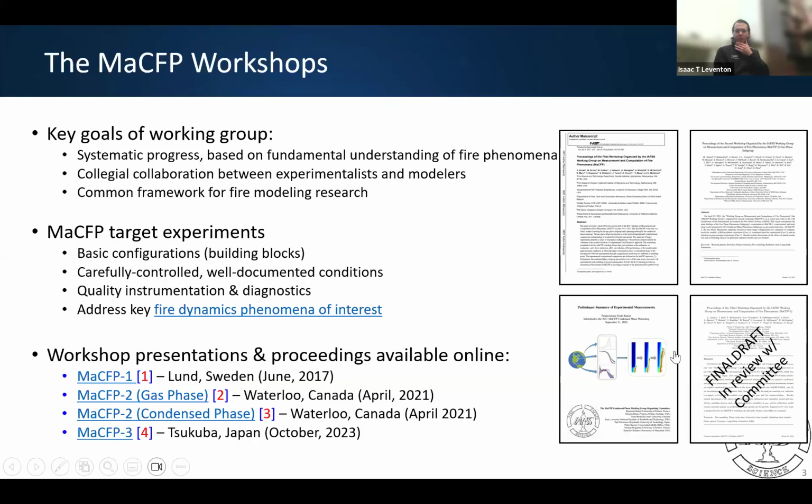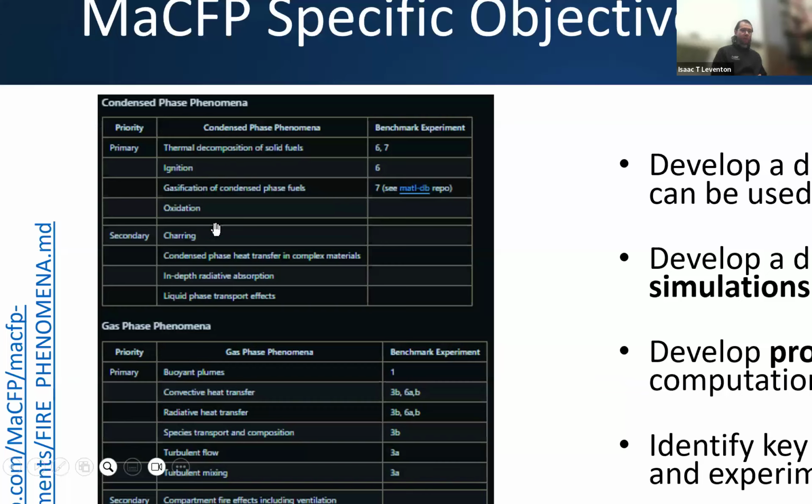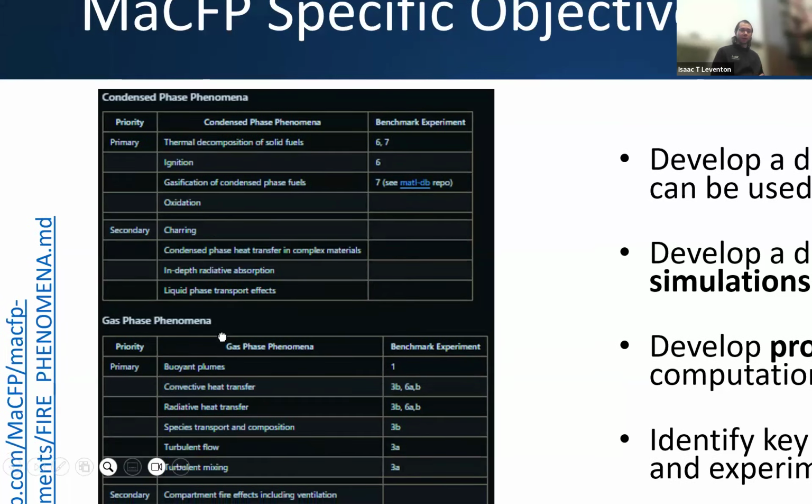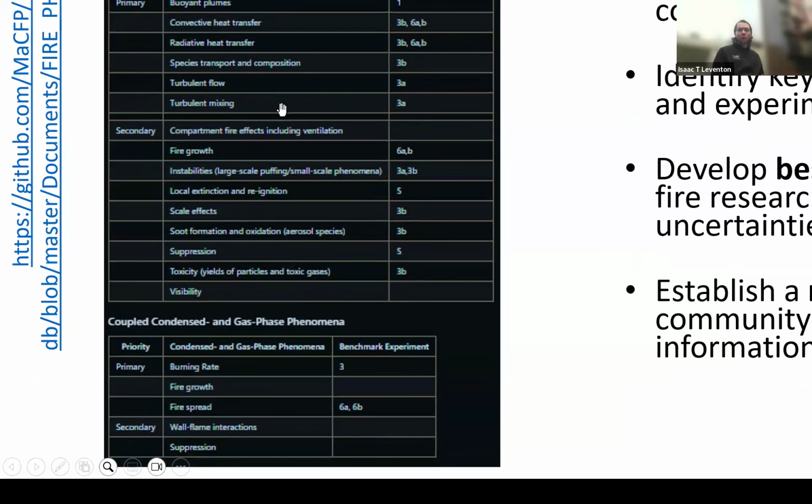And I think as we look at these different building blocks, we should address how those are selected, because this is an important bit of feedback that we got from MaCFP-3, and we'd like to keep going moving forward. All of our cases look at addressing key phenomena in either the condensed gas or radiation parts of the problem, or these coupled cases. When you look at a case study on buoyant plumes or pool fires or wall flame spread or solid fire modeling, we hope they each address one or multiple of these key phenomena.